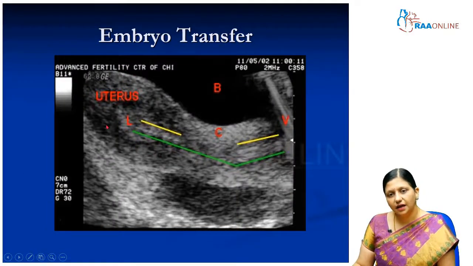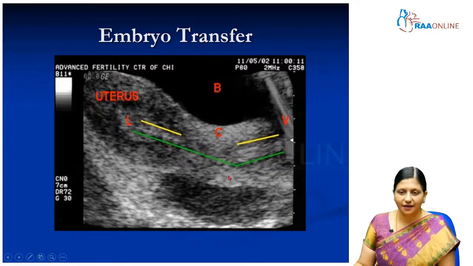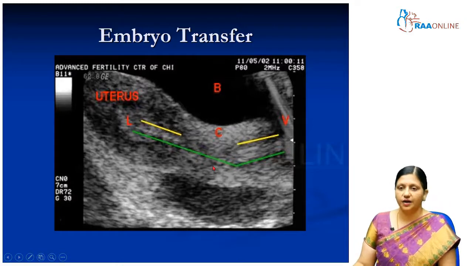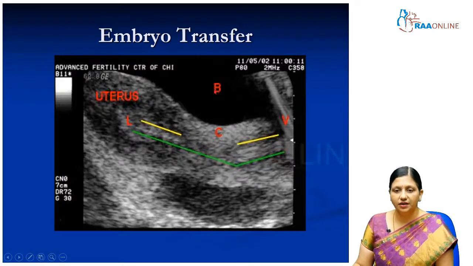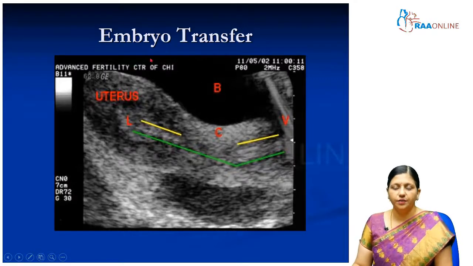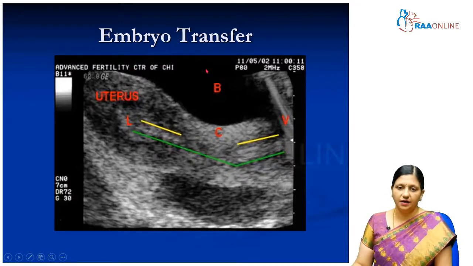Yeah, this is an ultrasound in which we are measuring the length of the endometrial cavity and the cervical canal together to find out the length of our catheter and placing the knob on the embryo transfer catheter. This is the urinary bladder. This is done as a transabdominal ultrasound. So embryo transfer uses a transabdominal ultrasound and it does not require an anesthesia.